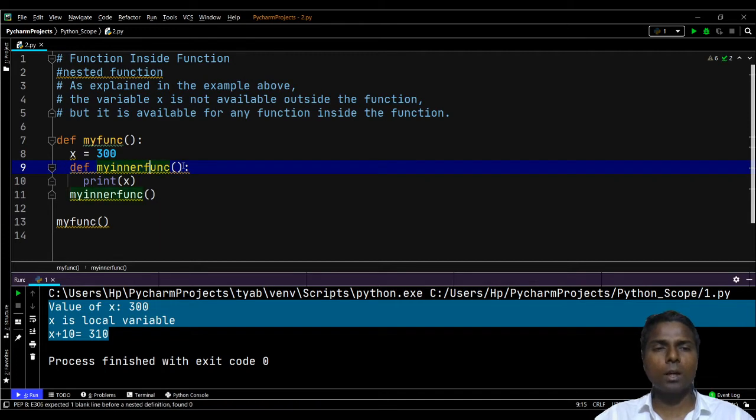My inner func is the second function that we are defining in the my func function, and the colon represents the start of the body or block of the statement. The first statement will print the value of x.